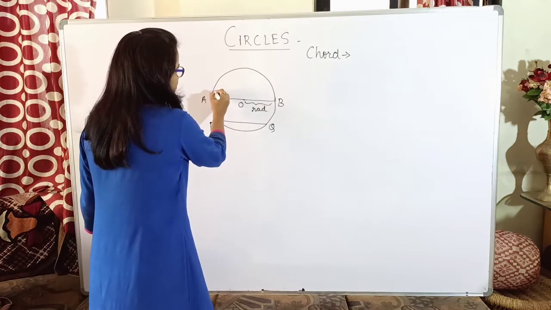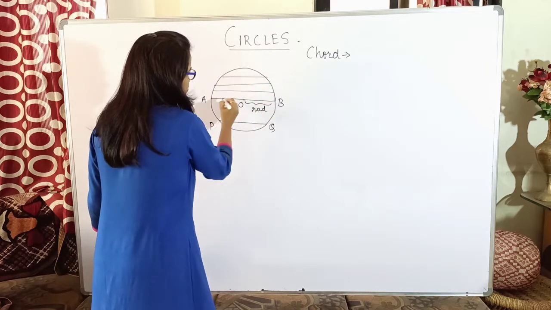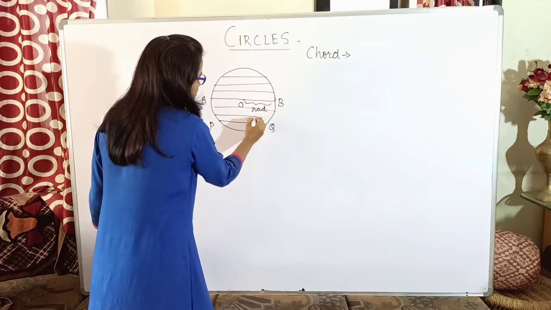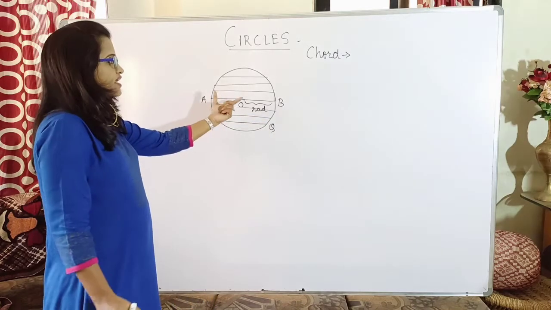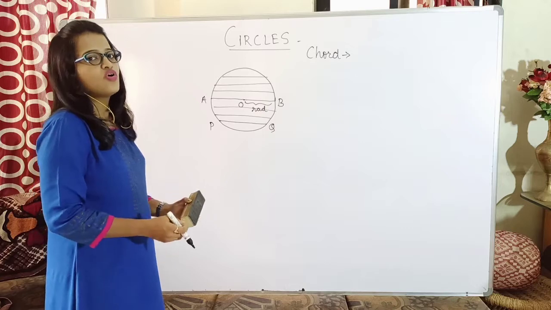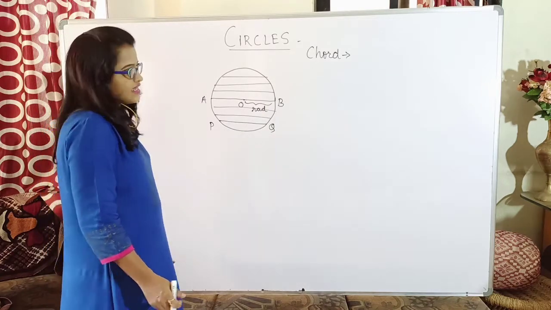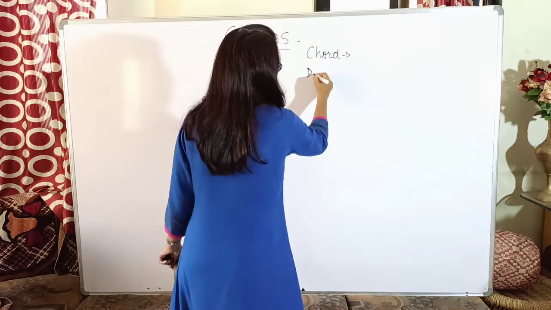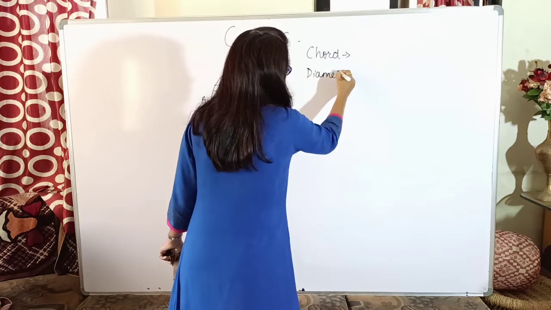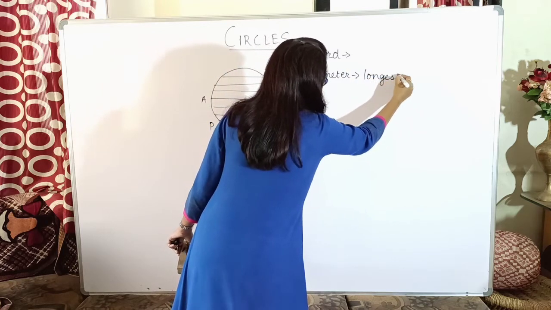As you can see, if you go on the upper side or on the lower side, the length of the chord will go on decreasing. Only AB will be the chord which is having the longest length, and the longest length of the chord of a circle is called as diameter. So that can be another definition of the diameter also. Diameter is the longest chord of circle.